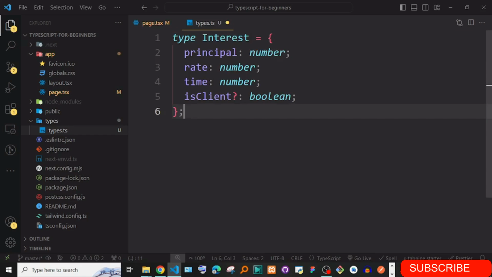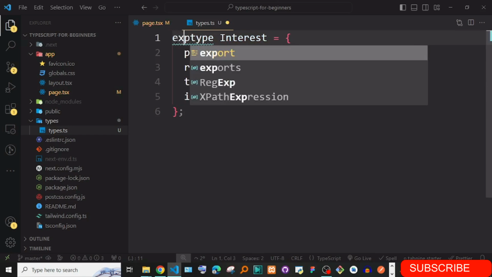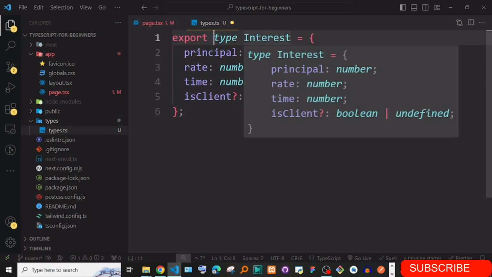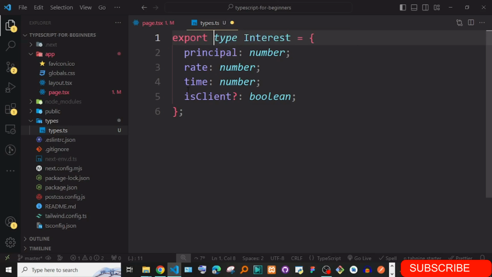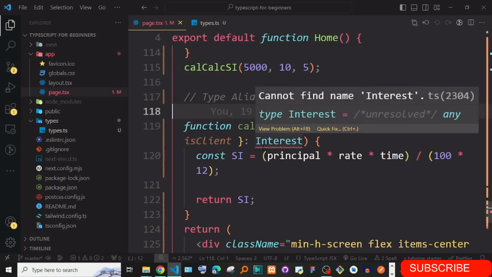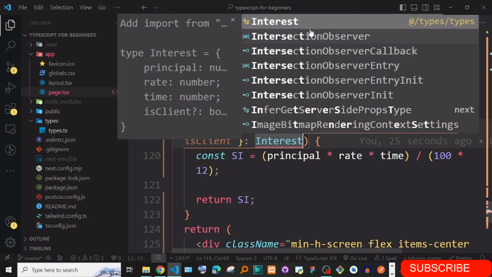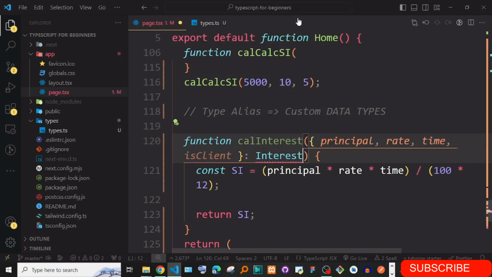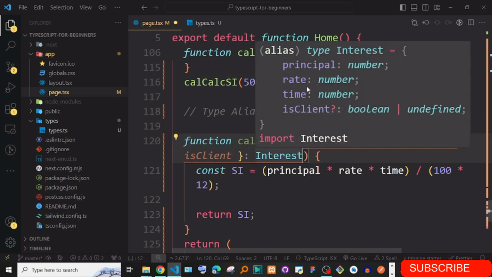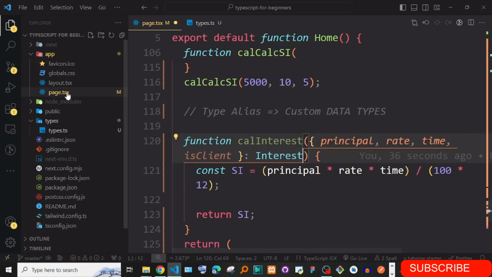Now the only thing you can do, you can actually export this also. So you can just say export type interest. You can either export it as default, but since we can put many things here, just simply export it as simple as this, export type interest, like that. Now if you come back here, it is not seeing this interest, cannot find name interest, it doesn't know where it is coming from. So we can come here and import it. So click here and click there, just like this, import, and we are good. It still has everything. Now you can use it in different values or in different places. You can go in a page, you can create another page, still use this one.